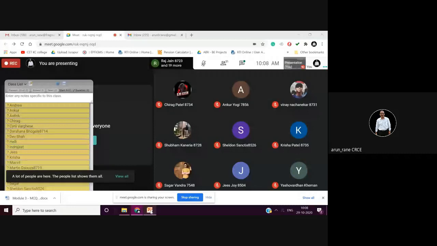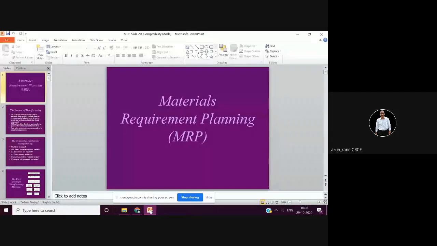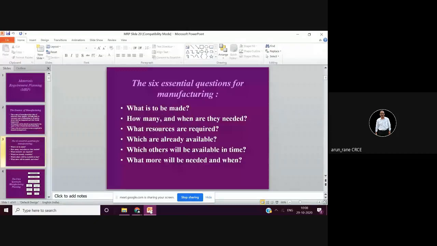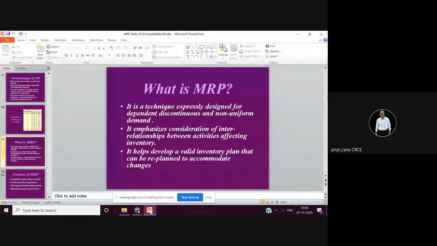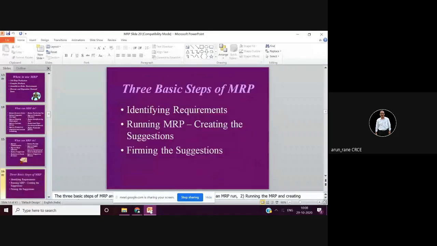So we'll start. We'll continue with this. As I told you, this is important from your examination point of view. Important in the sense that one short note will be asked. So we were here